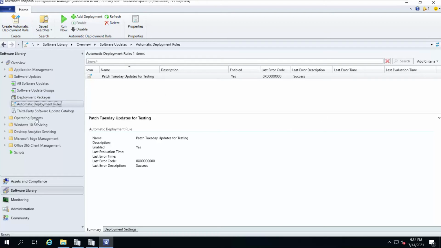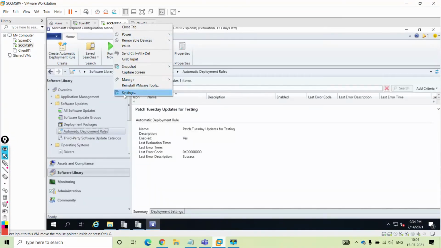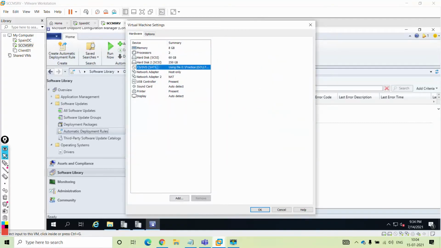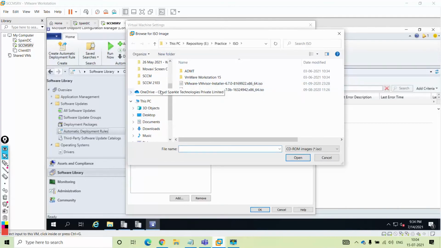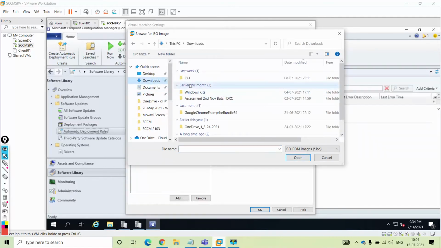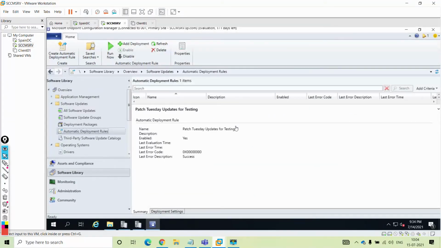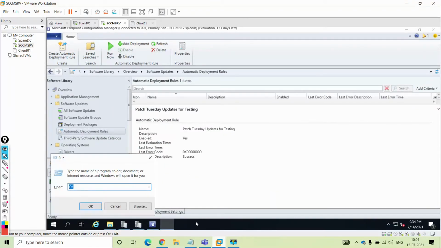Now, yesterday... at present what I'll do is import one operating system here. I'll right click, go to settings and provide my CD DVD drive. I'll browse and provide my Windows 10 DVD drive. Let me open it.